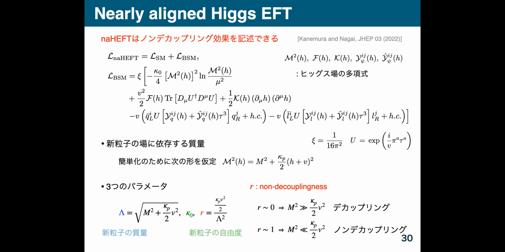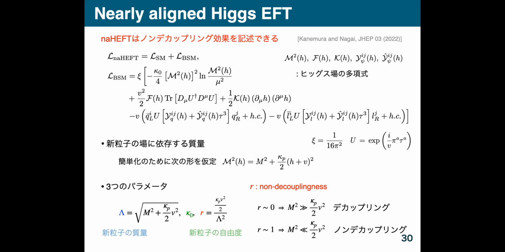From your notation, you have a factor of 1/16 pi squared. I think that's from the loop factor. Yes, we are assuming that the new physics effect only appears via loop effects. So my question is, when you integrate out the heavy particle, your BSM Lagrangian includes only the loop effect, with the new particle in the loop. But the new particle can propagate at tree level, and you can therefore integrate it out.